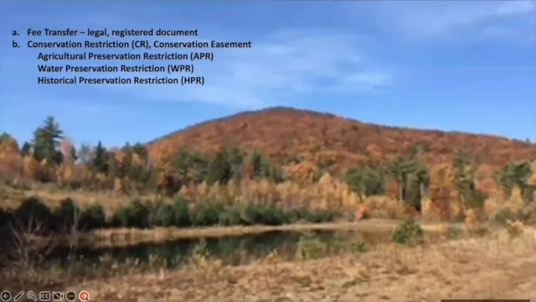Okay, so there are two major ways that land can be conserved. The first is through a fee transfer. If you remember from the previous section, we're talking about that bundle of sticks, and the entire bundle is transferred from one owner to another. The original owner of that land no longer has any rights in the property whatsoever. And this is recorded with a deed at the Registry of Deeds